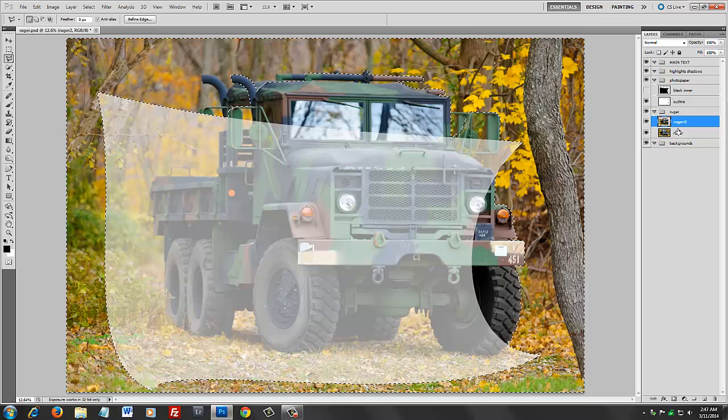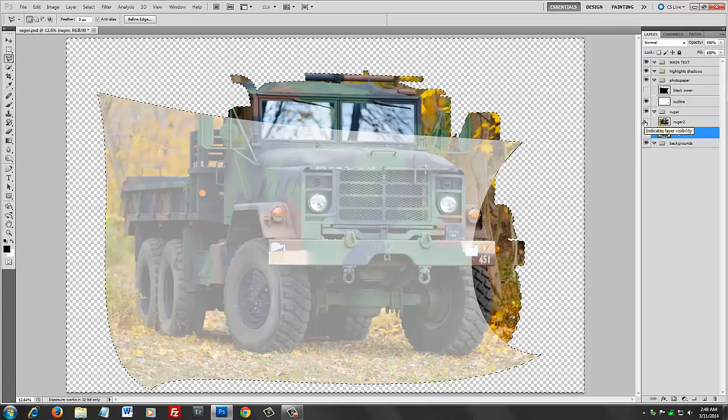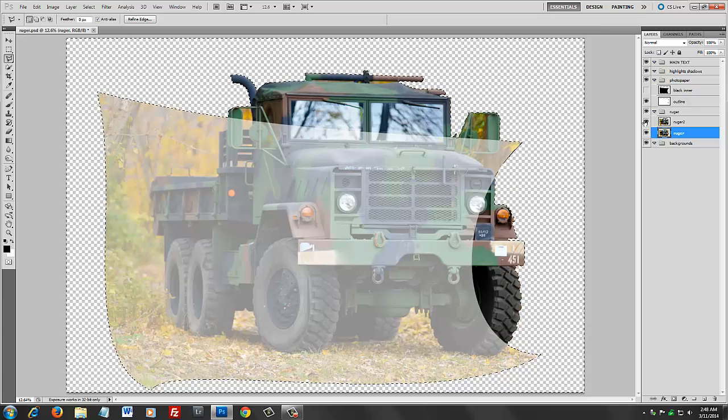Now what did that do? Didn't look like it did anything. But remove this one here of Ruger 2, because we're going to use this for later on. It's going to be this. So now we have two truck images. Turn this one off and this one. Actually,